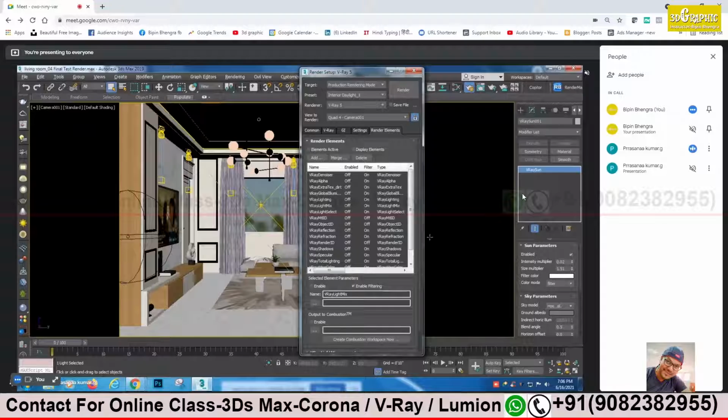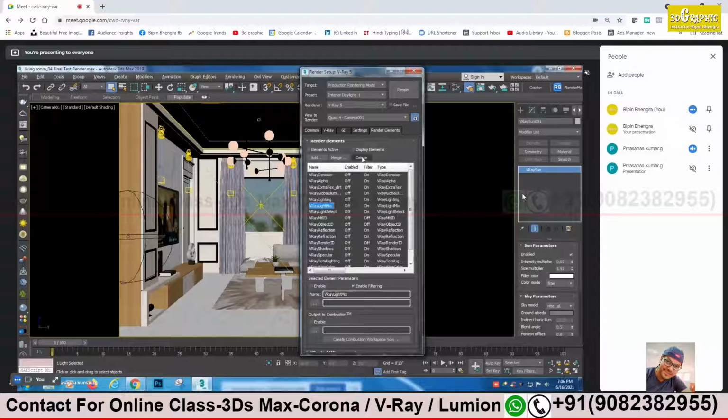Add render elements, sir. I will delete all those things. It's not required now. Delete and take the new, whatever is needed. Just remember whatever we have taken. Alpha is required, sir. Take alpha. Extra texture is also required. Denoiser. Light. Global illumination, sir. Where a lighting, where a light mesh is not required.